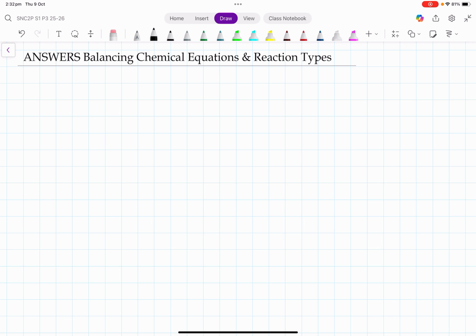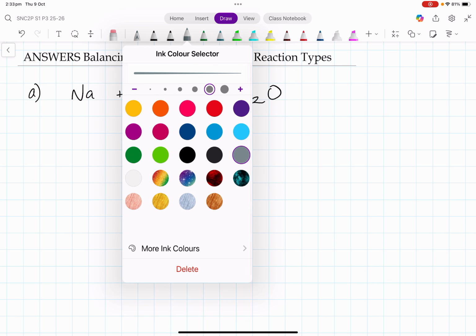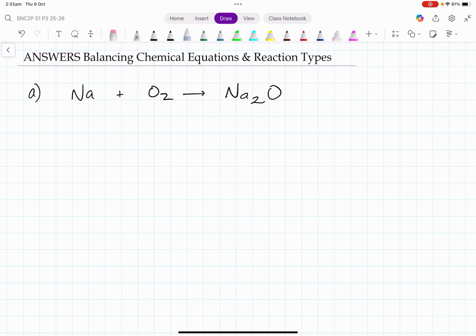So if we look at this first one here, we've got Na plus O2, and that's oxygen. That's a diatomic molecule, a diatomic element. Now I'm going to kind of speed run this as fast as I can. So we look at sodium, and sodium is by itself. That's an element. And it's reacting with oxygen,